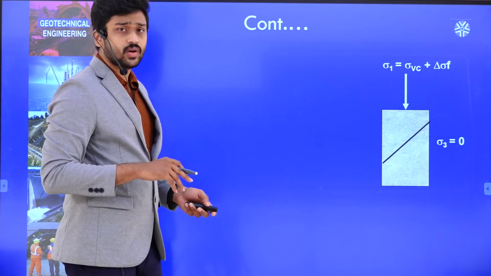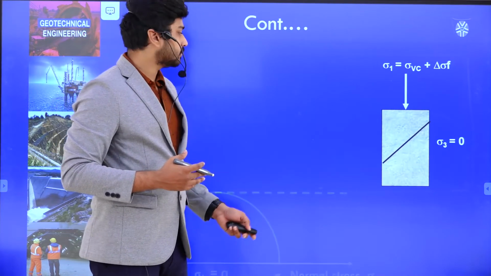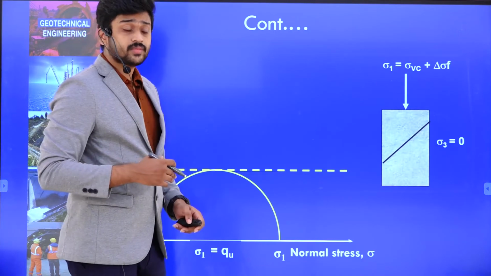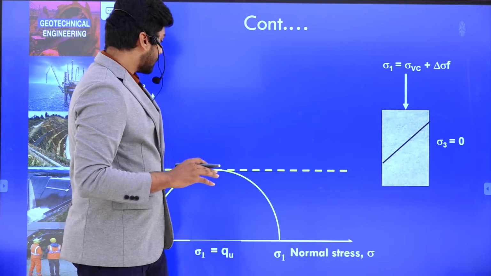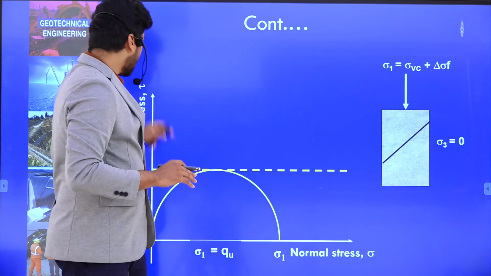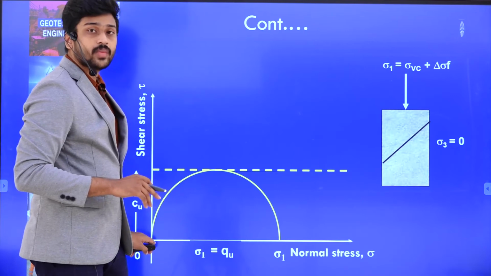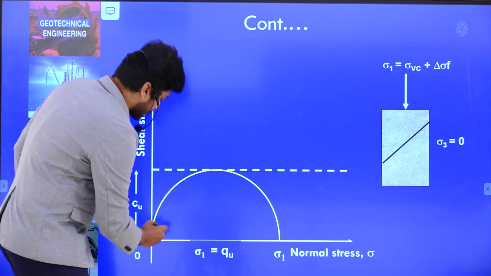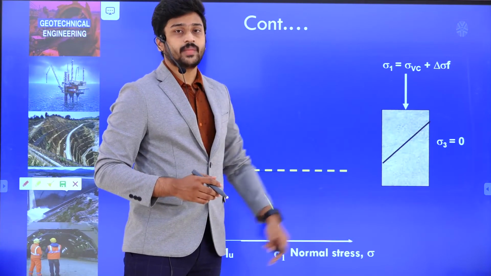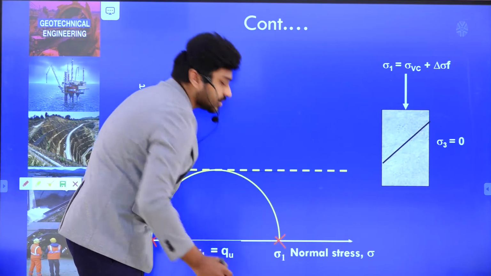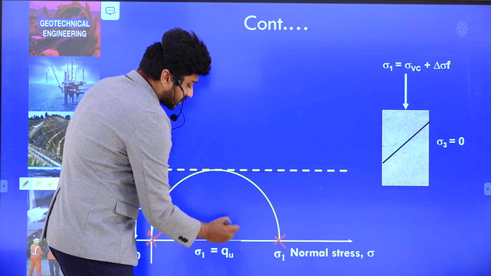Because of this external load, the failure plane may be observed in this manner after a certain amount of incremental load. So if I draw a Mohr Coulomb graph here, or initially say I have just drawn a Mohr graph representing sigma on the x-axis and tau on the y-axis. As sigma 3 is 0, initially let us mark sigma 3 as 0. So I have sigma 1 equal to sigma d. Let me mark this as sigma 1 equal to sigma d. Okay, if I plot the center of this particular circle, say it is the center C.